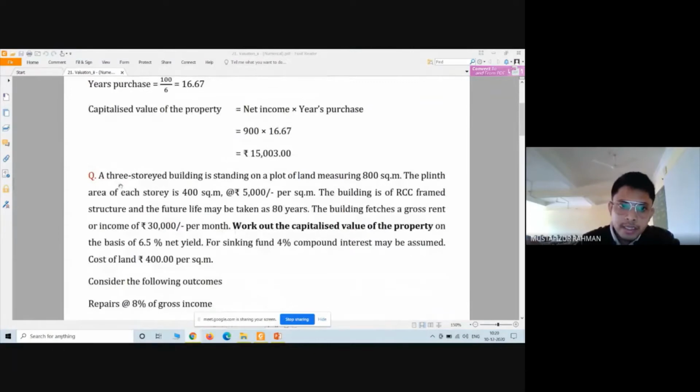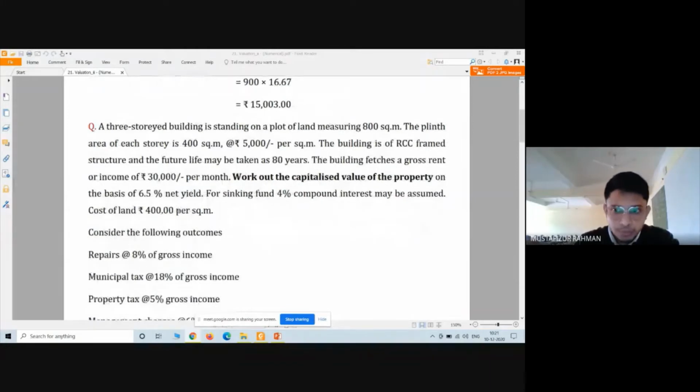Then we have another numerical. We have a 3-storied building in a certain plot of land. The size of the plot is given. The plinth area of each story is given. The rate of the building per square meter of the plinth area is given. The building is of RCC frame structure, and the future life of the building is given as 80 years. It generates a gross rent or income of rupees 30,000 per month. That is given. Work out the capitalized value of the property on the basis of